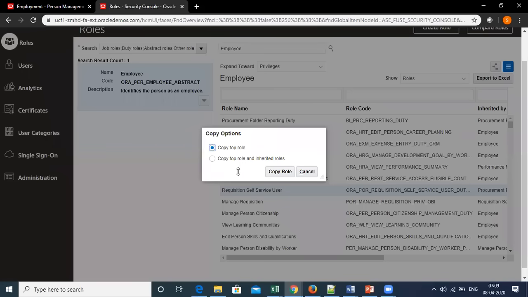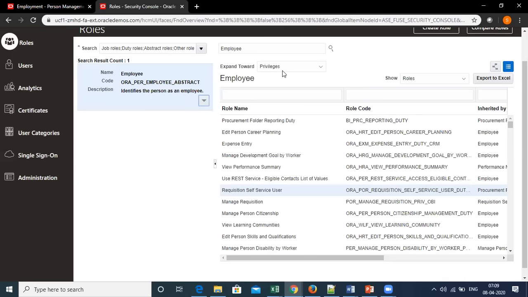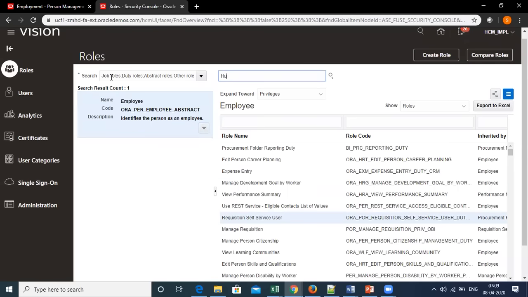When I copy, I get two options: copy top role, and copy top role and inherited roles. So let me give you another example over here, the human resource manager.